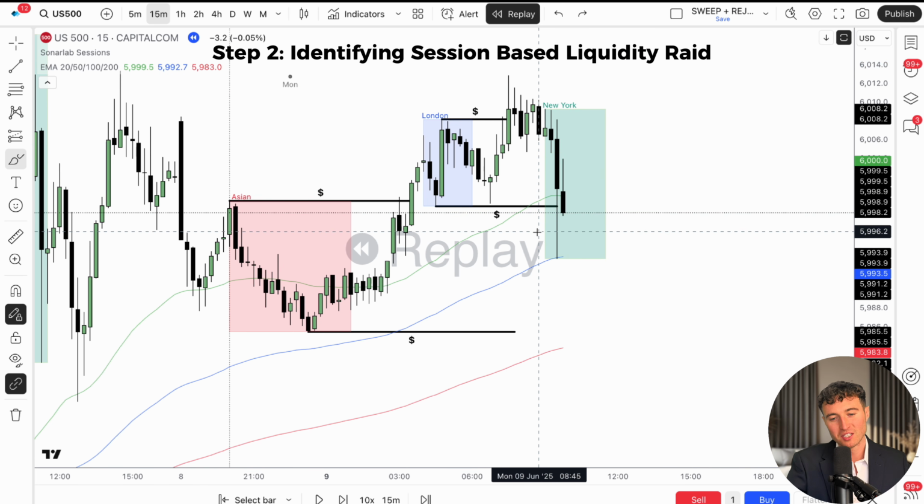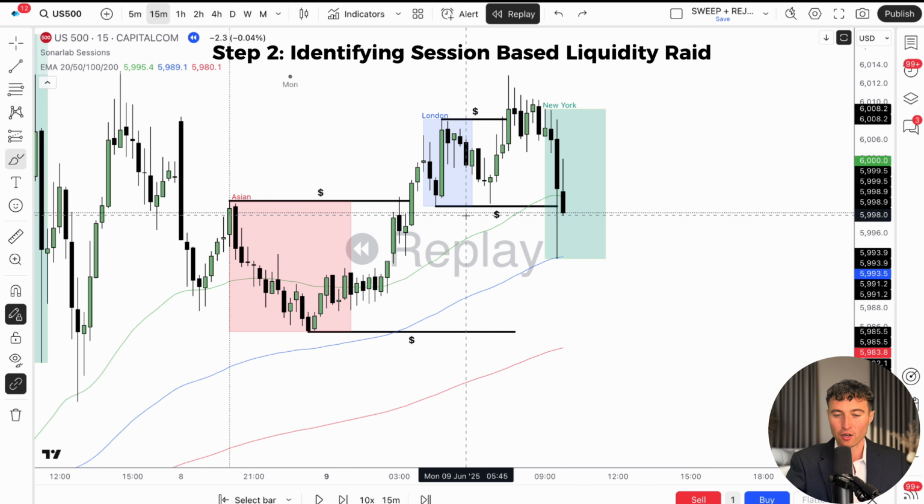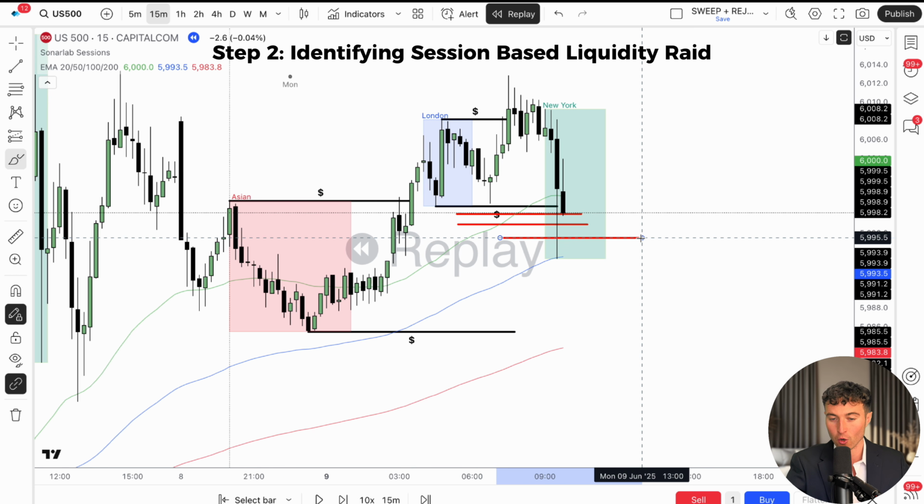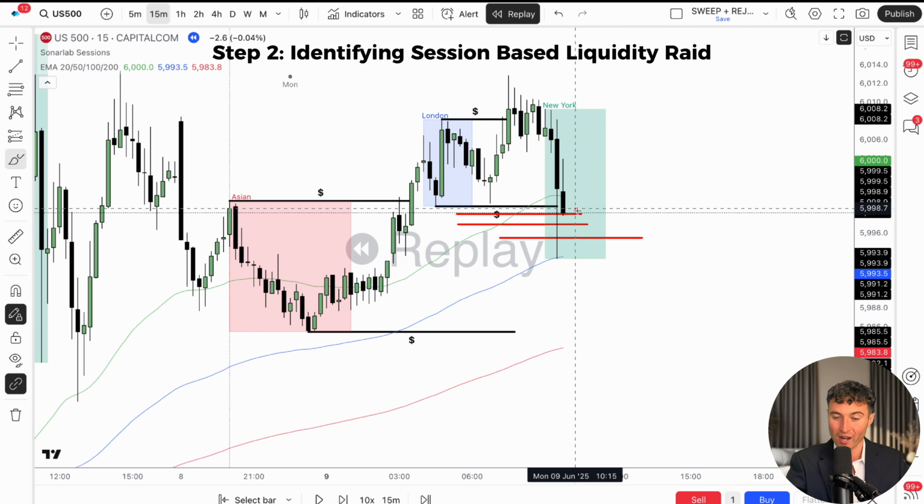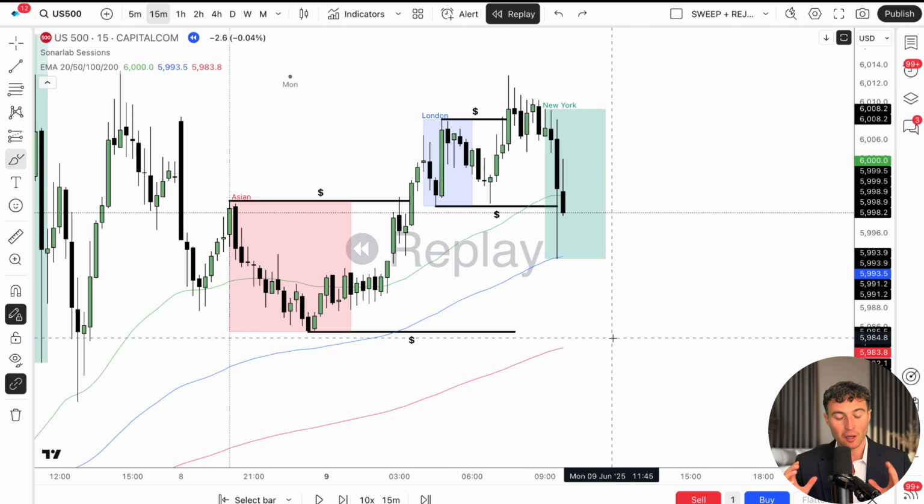And so what this is going to be doing is running all of the sell stops that are resting below the London session low. And this is also going to induce short traders into the market who see this as a breakout to the downside. Step 2 is great, but if you don't understand step number 3,